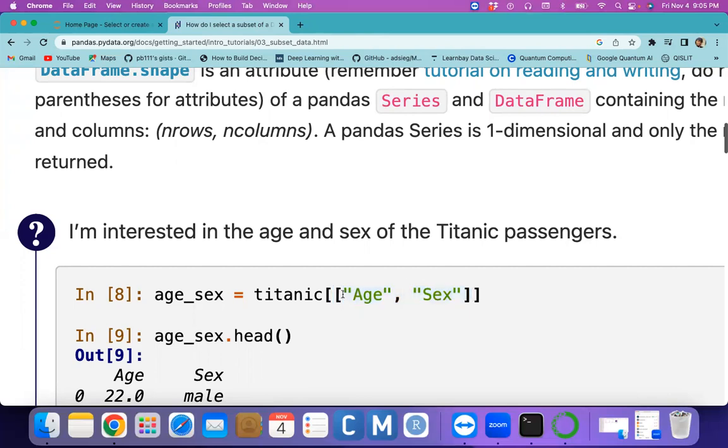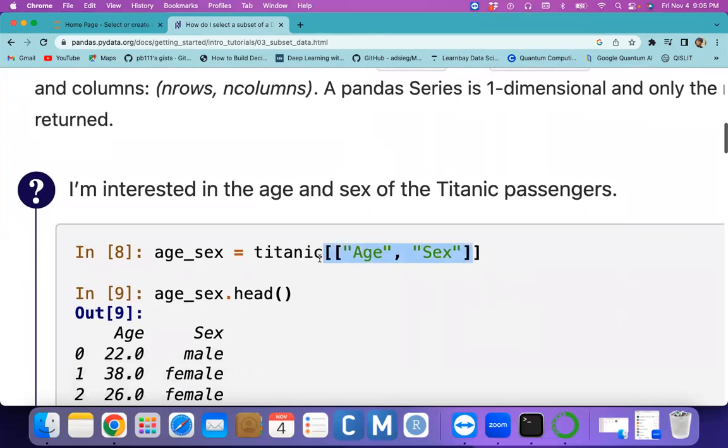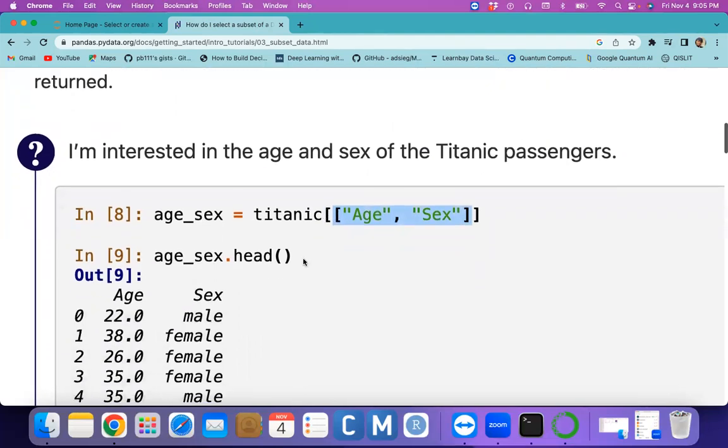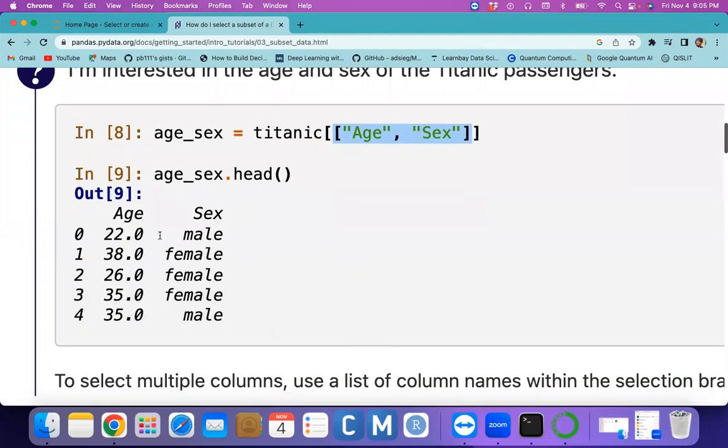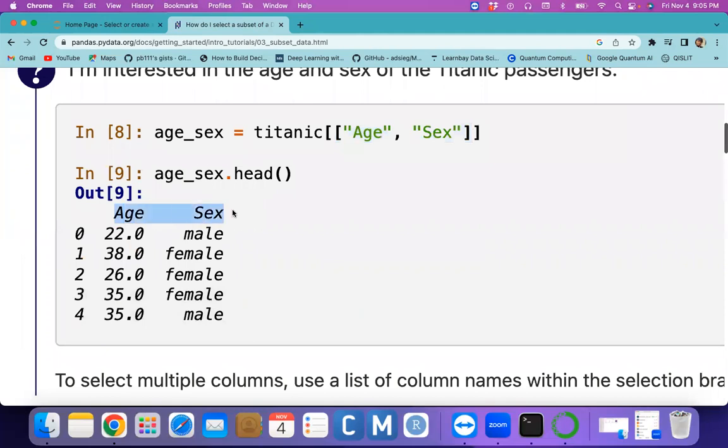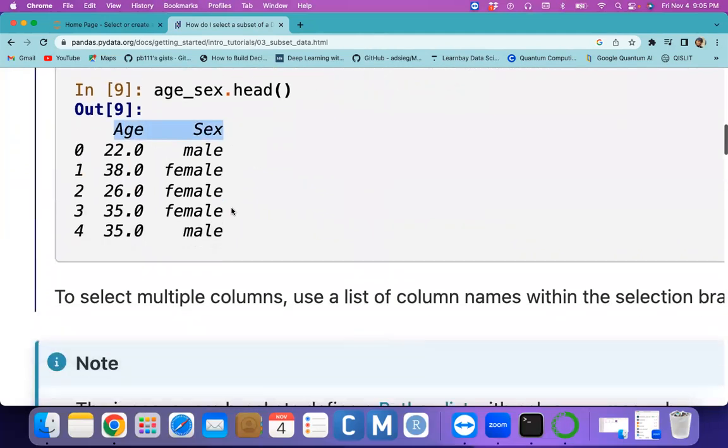When you want to access more than one column as one group or one data frame, then we have to mention all the columns in a single square bracket. Within that single square bracket, multiple columns we provide as input for the Titanic data frame. Then it can access the two columns. So here we are accessing two columns as one new data frame. Okay,